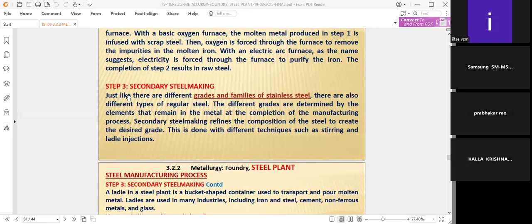Whereas in secondary steel making, there are different grades and families of stainless steel. There are also different types of regular steel. You know that SS316, SS304, SS316L, like this, different stainless steel grades are there. As you all know, in the metallurgical process, the different grades are determined by the elements that remain in the metal at the completion of the manufacturing process. Because the molybdenum percentage, nickel percentage, all these things take care of rust and corrosion. SS304 is less important, SS316 is much more important, and SS316L is much more important,